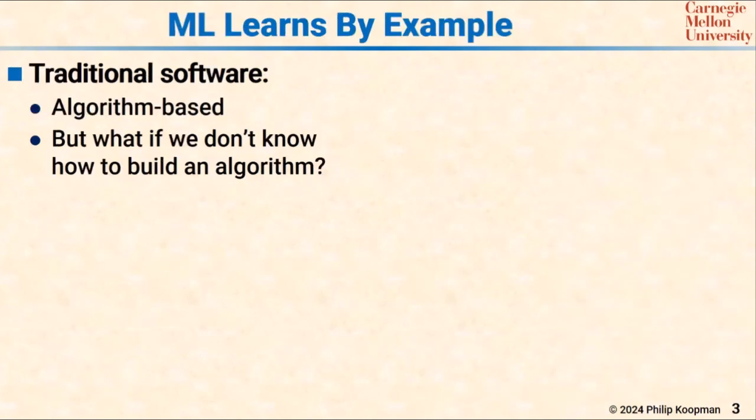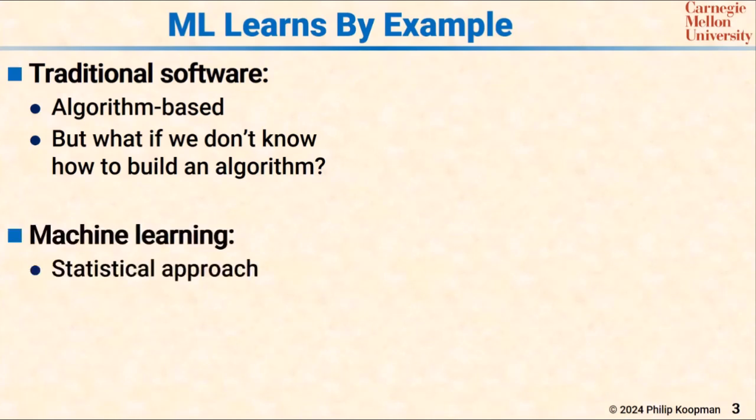Fundamentally, machine learning is learning by example. Traditional software is algorithm-based. If you know how to write an algorithm, you should probably do that, because then you don't have to deal with all the pitfalls. Yeah, doing machine learning may be quicker, but you're going to have to deal with a lot of pitfalls. So traditional software is not going away. Why do we need machine learning then? Well, machine learning does amazing, impressive stuff, and it works by a statistical approach. So rather than a person having to say step 1, step 2, step 3, we all had that algorithms class. If you took a programming class, somebody started with a flow chart or step 1, step 2, right? Machine learning does not work that way.